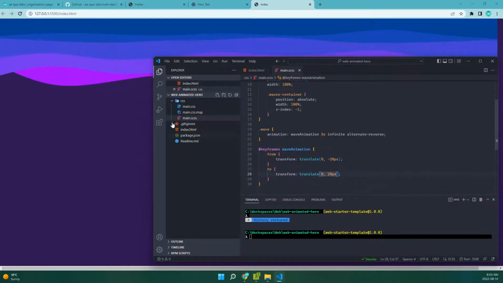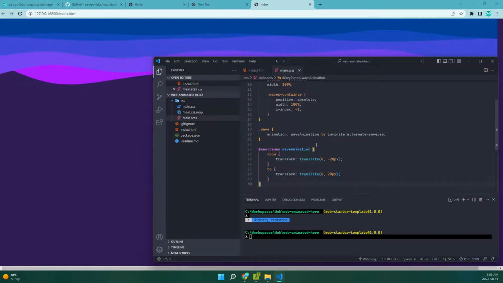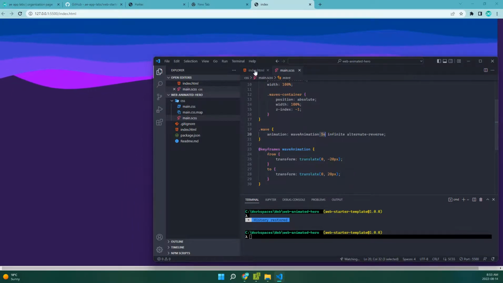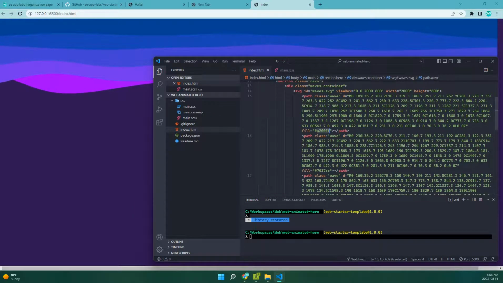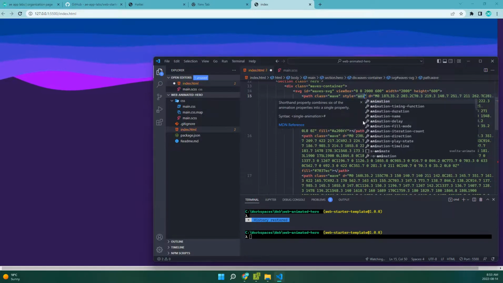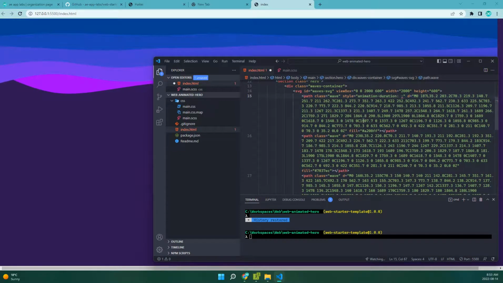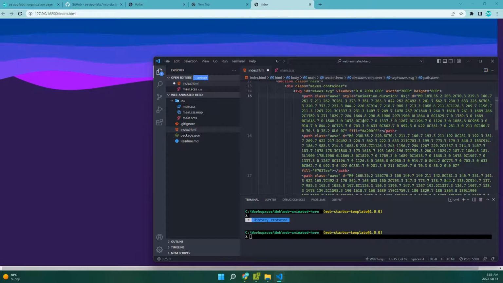Now you can see all of these waves are moving within the same time duration, which is 5 seconds. So this is the default time duration given. Now what we have to do is just need to override the animation duration. So here let us have this as 4 seconds